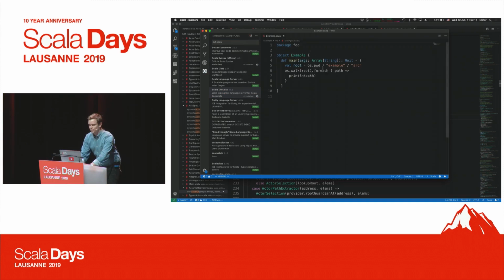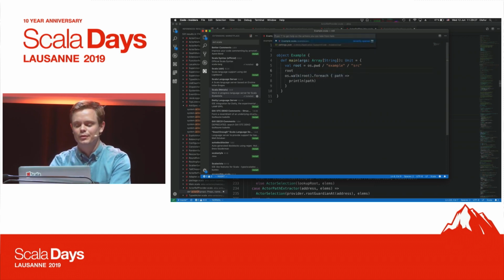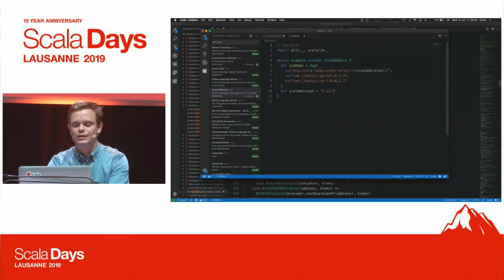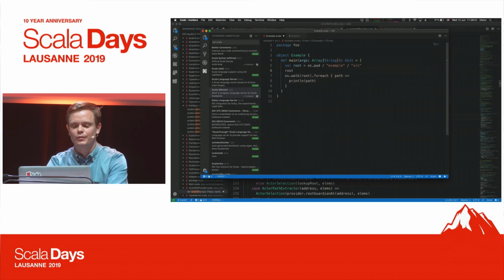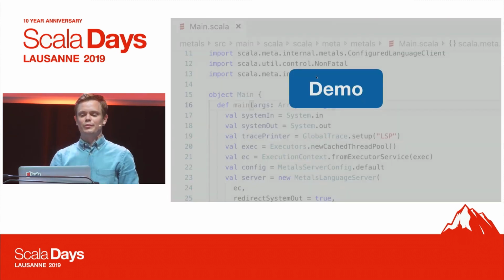If you go open up the Scala file, it takes a moment for the server to start. And oh yeah, I had already maybe imported the build here, so everything should just work now. But it would have prompted me to import the build, which is a mil build. So let me see here. So let's see that. Yeah, all right. Then that gave you a taste of how Metals looks like.